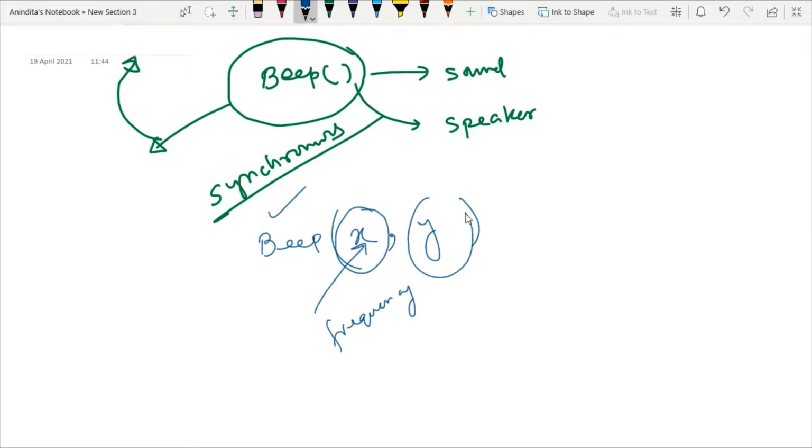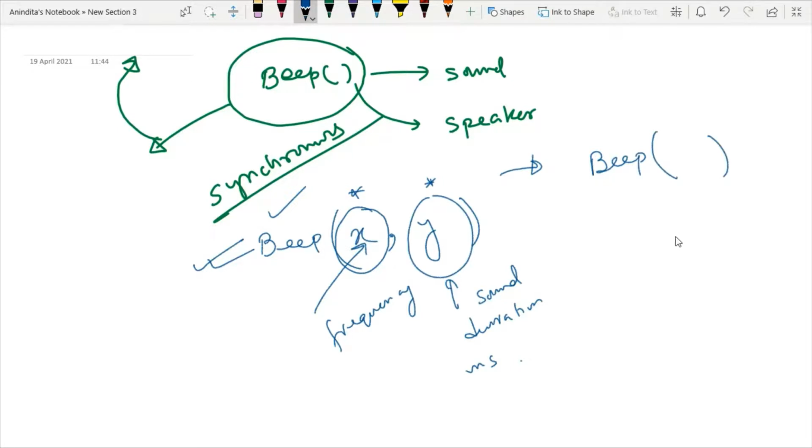On the other hand, y denotes the sound duration, in milliseconds. This Beep standard library function deals with two specific arguments, sound frequency and sound duration. But we can use this Beep function in this manner also.